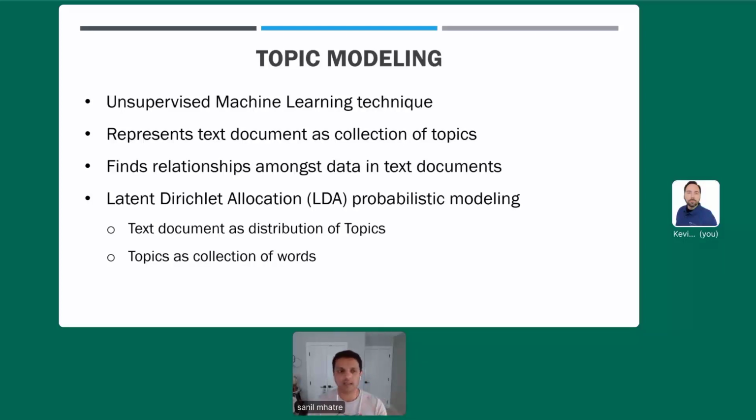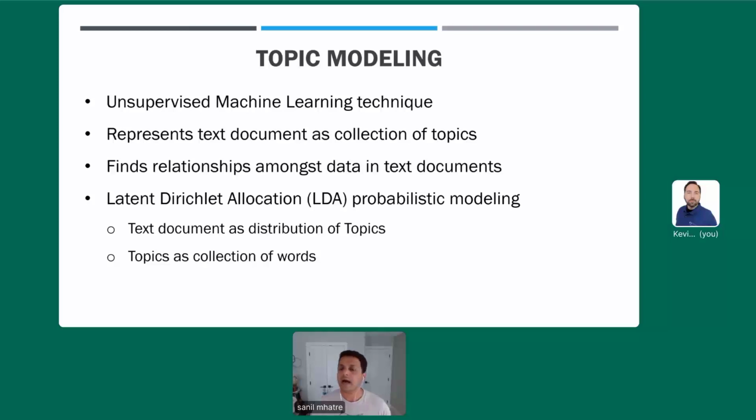Just keep in mind that it's an unsupervised machine learning technique that you use to discover which topics exist in your body of text. Think of it like clustering algorithms. K-means clustering is a good analogy. You don't know how many clusters you're looking for. What do the clusters mean? You run your data through the model and let the model tell you how many clusters exist in your data set. Kind of like that.